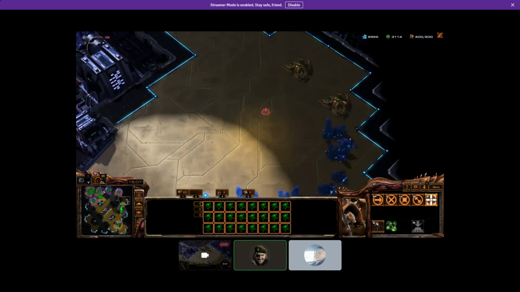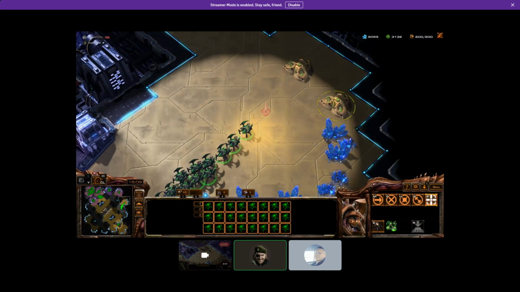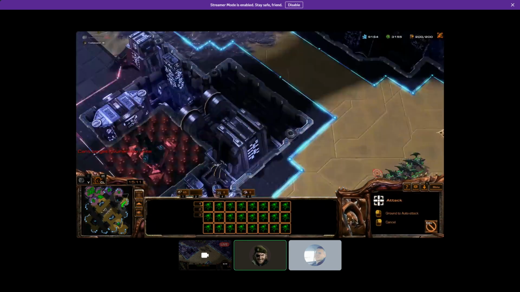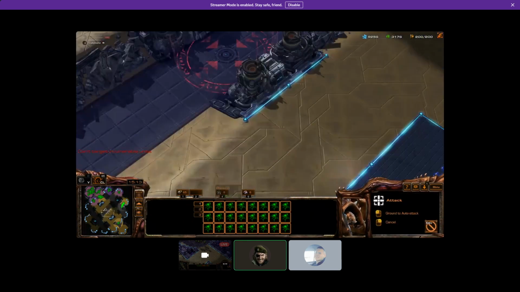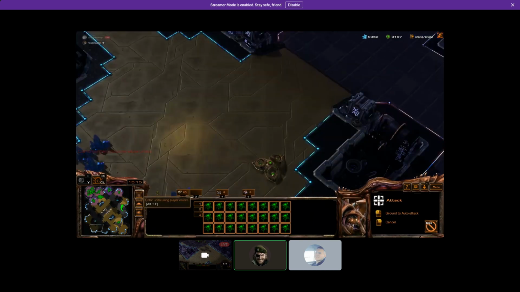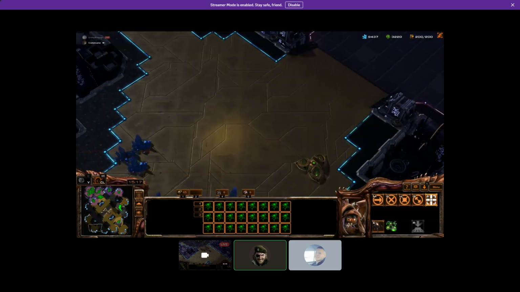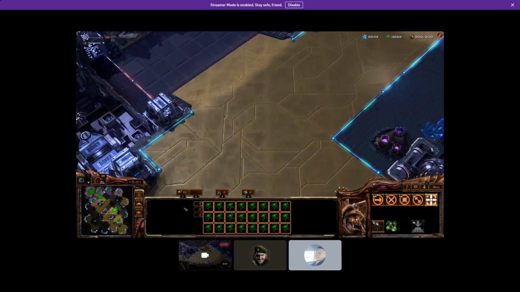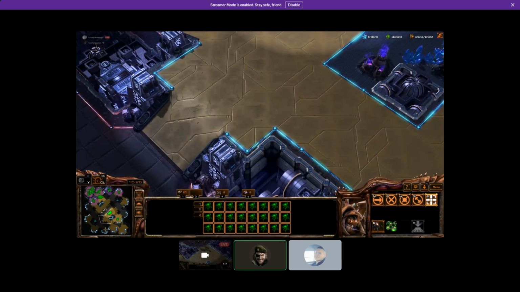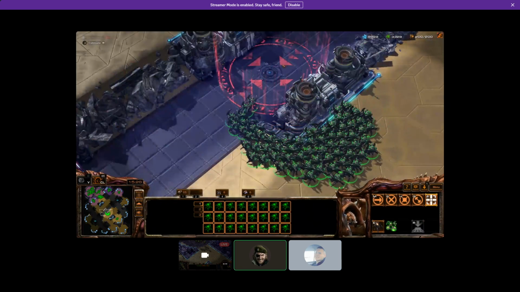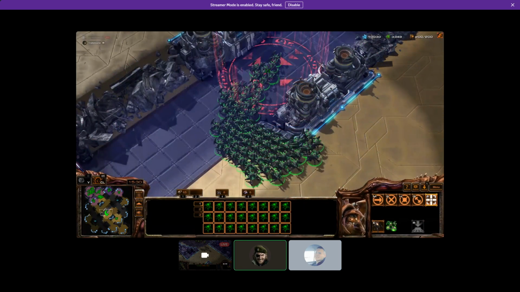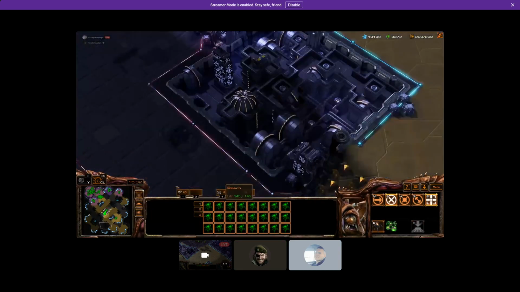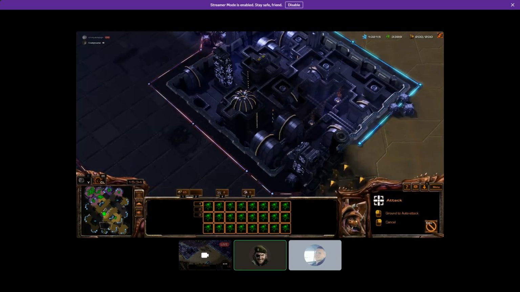So let me tell you about the army composition we're going for, the roaches. Roaches are a very good early game unit. They're very bulky. They have a lot of HP. They don't do a lot of damage, but they do a very respectable amount of damage, so you don't need any upgrades for it. Just check each of the bases, basically. But they take up a lot of supply. If you notice, they take like 2 supply each, I think. Just check the bases. That's where he's probably just